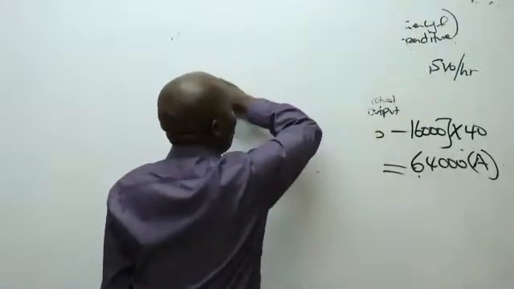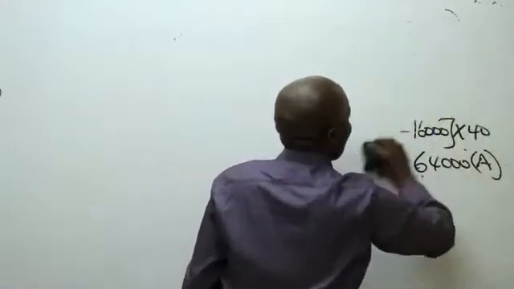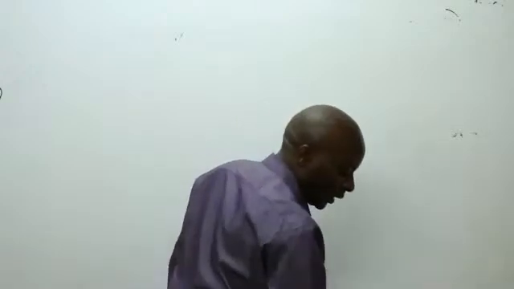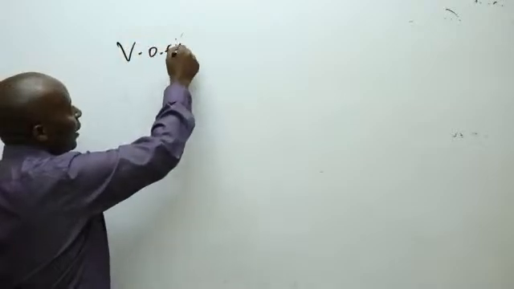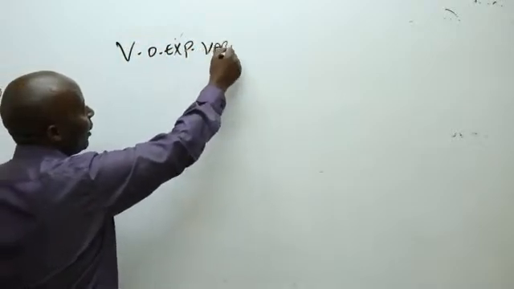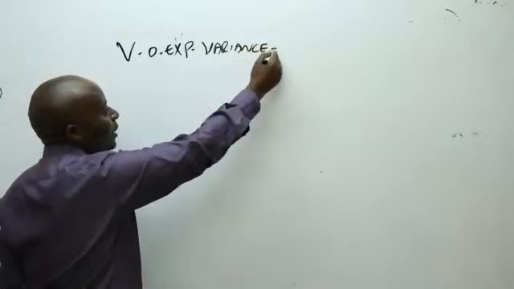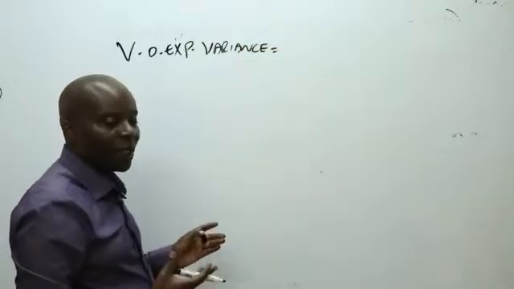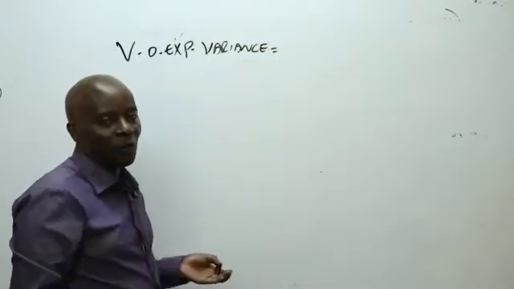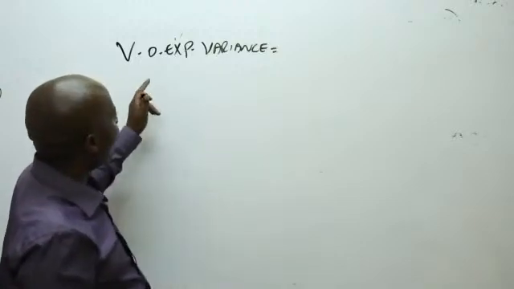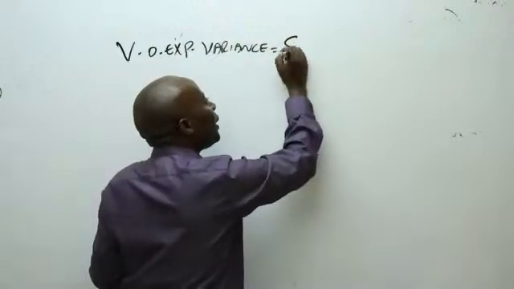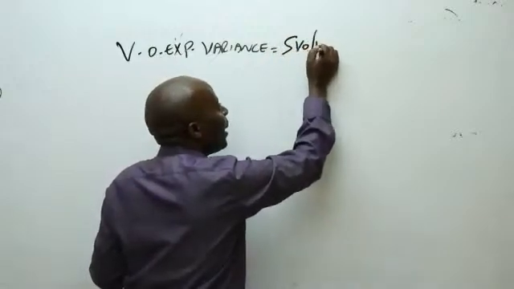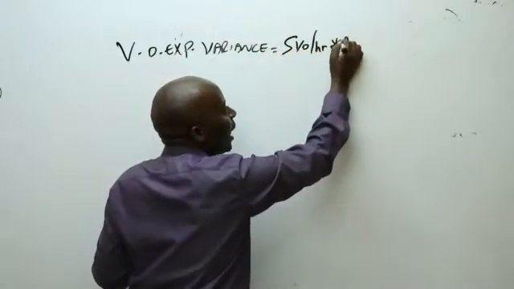So variable overhead expenditure variance. For expenditure variance, this is a little bit different from the others, but also it's an easy one. Normally what we do to get variable overhead expenditure variance is to take the standard variable overhead per hour times actual hours